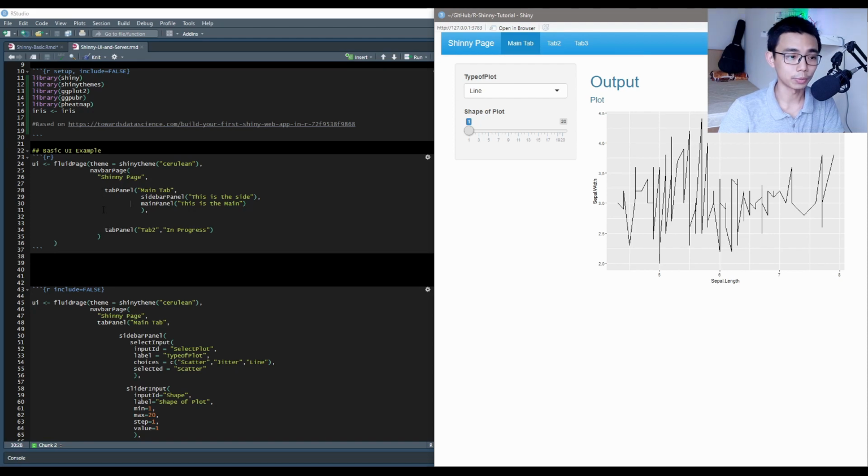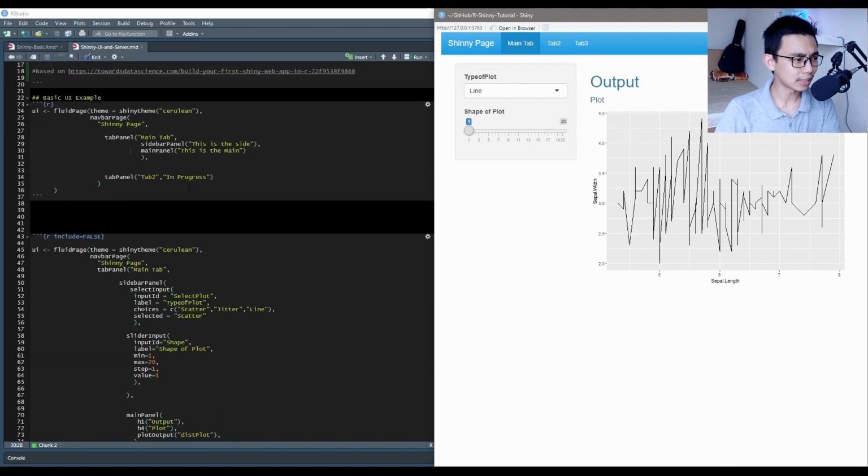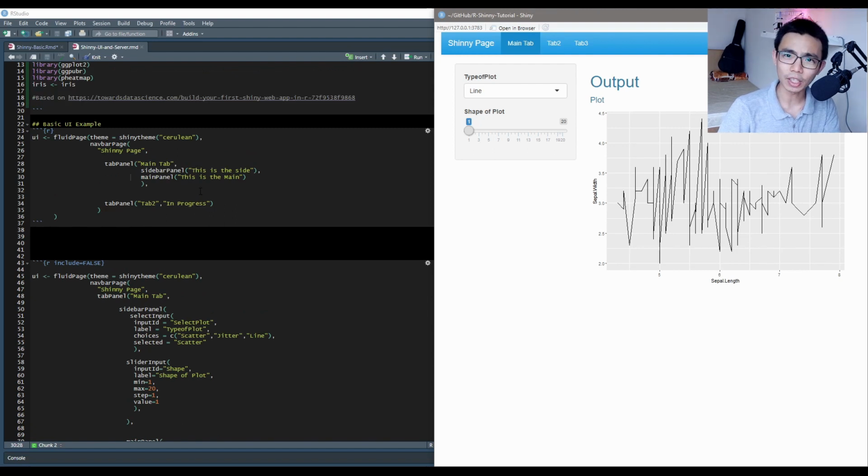And of course, we can also put multiple tabs, like a tab panel. This is tab 2, tab 3, and you can just add more lines as follows. So yeah, nothing much here. This is just a basic concept, which now I will fill with whatever I need